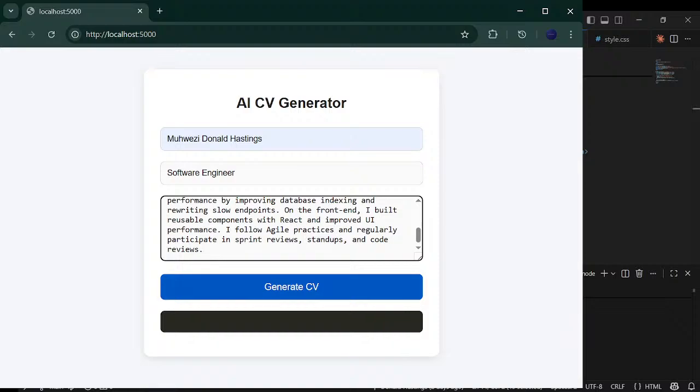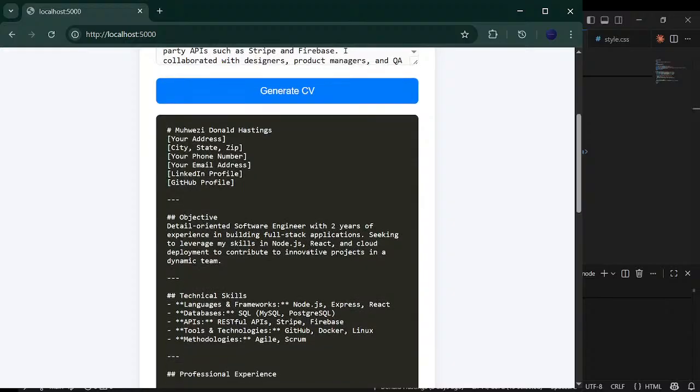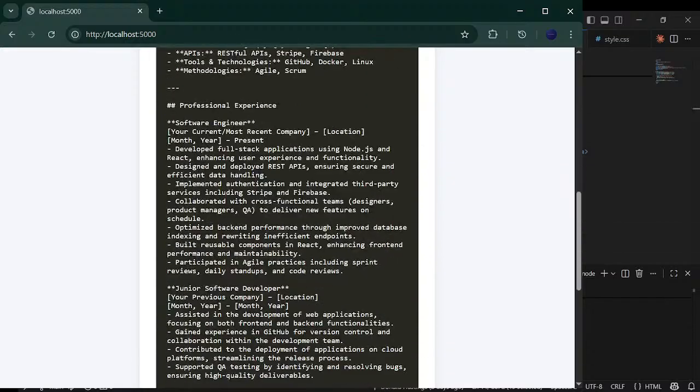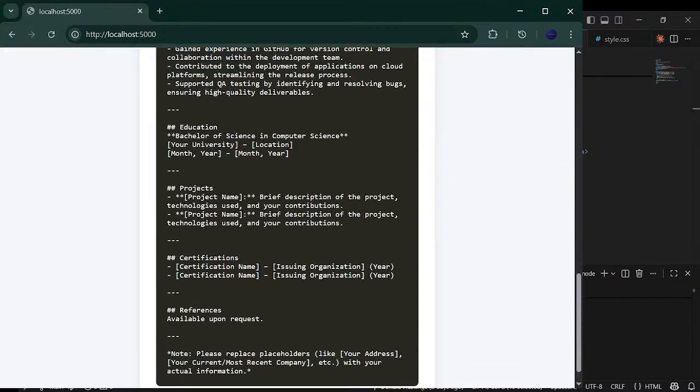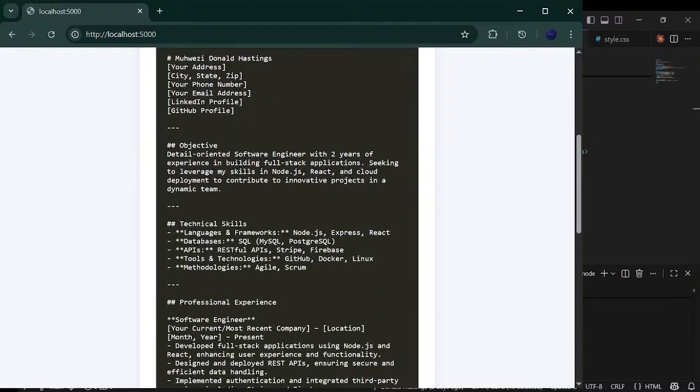So I'll click this button. You're probably wondering what's happening after clicking, because people usually expect a loading icon and all that. I didn't include that, but those are some of the things we can improve on later, if we want to really make the page interactive. So yeah, this is what